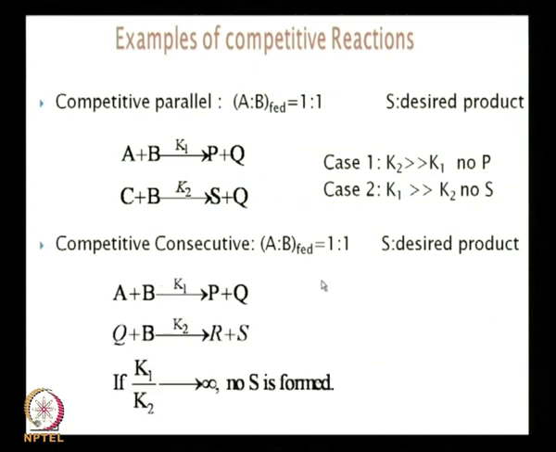Let's see. So the second reaction is a competitive consecutive type reaction. Here what you do is use A and B as feed, 1:1 feed, and again S is the desired product. The difference, as you see over here, is that A plus B giving P plus Q, and it's a product that reacts. If you compare the first one and the second one, what's the difference? In the first one, it's some other reactant or some other substrate or some other product from some other reaction coming and